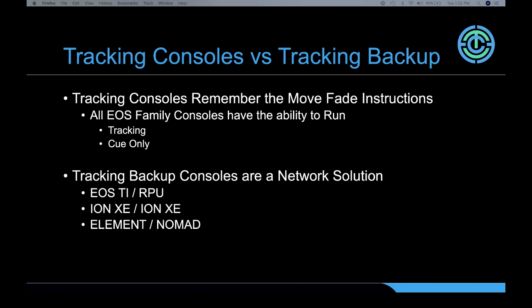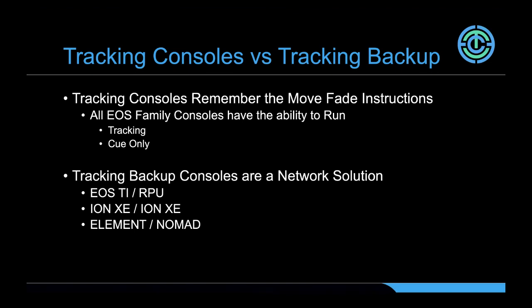Also, on all of ETC consoles now, there are only two versions of it when you buy them as far as output's concerned, and that is a fully unlocked console to its maximum output. So on an Eos Ti, that's 24,000 outputs. On an Ion, or sorry, an Element, it would be 2 universes or 1,000 outputs, and then you can upgrade your Elements to a 2K. So what I'm saying is there's a maximum output and there's a base level output on each console, and they overlap in their ranges, but basically any console can back up any other console, and certainly